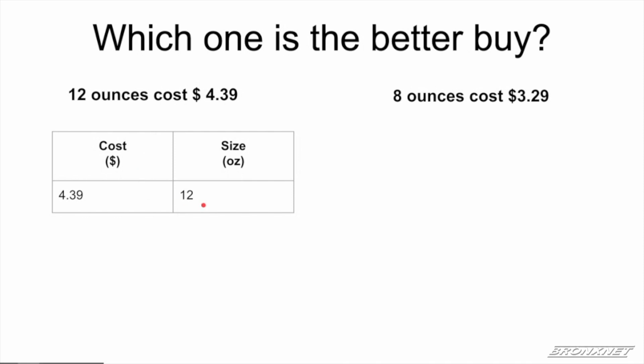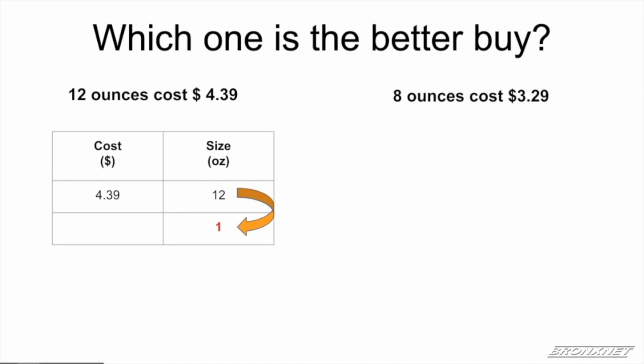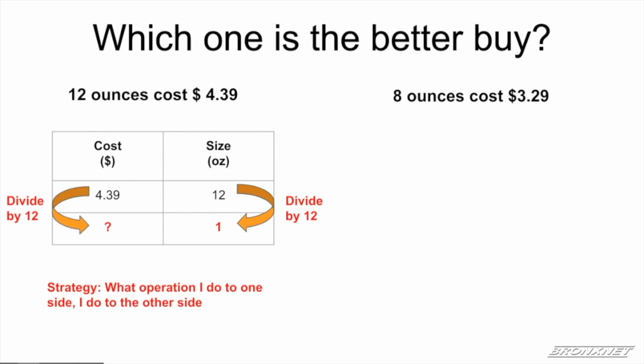$4.39 for 12 ounces. But my goal is to figure out how much it costs per 1 ounce. So operationally speaking, I can divide 12 by 12 to get 1. That's how I can get from 12 to 1. Now, when dealing with the ratio, just like with the fraction, what operation I perform on one number, I have to perform on the other. And so in this case, I'm going to need to divide